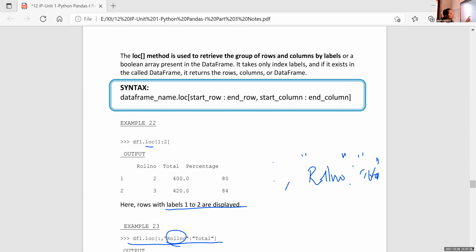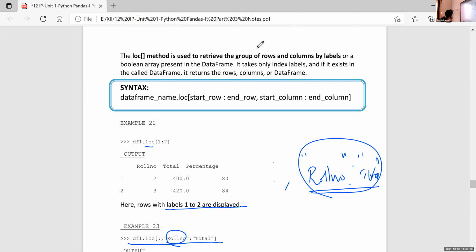Here this value represents column details. That is, you want to display from the column roll number to the column total. This is the range of columns that you want to display. We are starting from roll number and the last column heading is total.